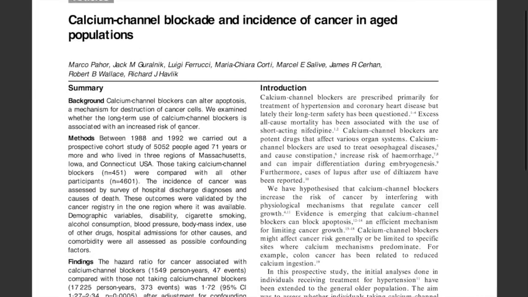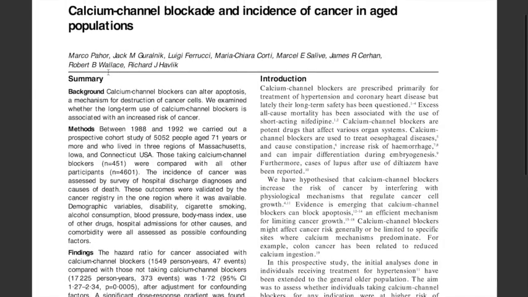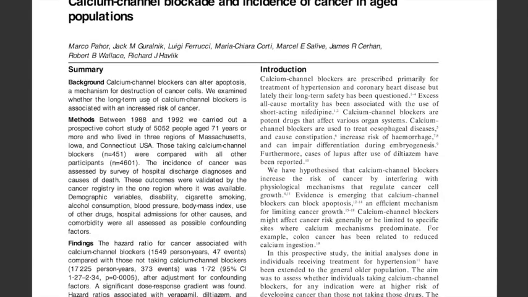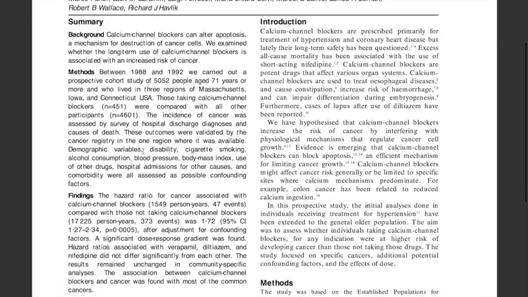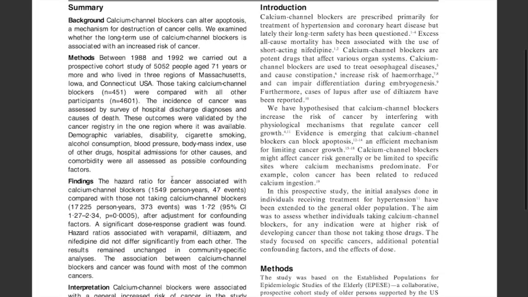But if you follow the paper trail from Shapiro's paper, what you'll actually find is that the problem wasn't that the relative risk was 1.72 as opposed to something greater than 2. The overall problem was just that it was a low-powered study. There was only about 5,000 people total, and the follow-up time wasn't that great. They don't give you the mean follow-up time, but if you take both groups and do the math, they have 1,549 person years. If you divide that by 451,